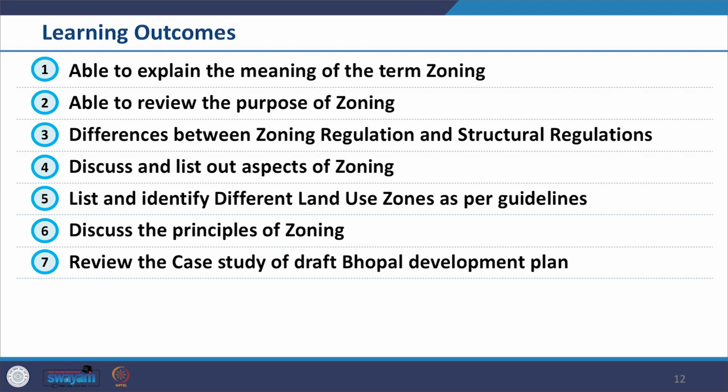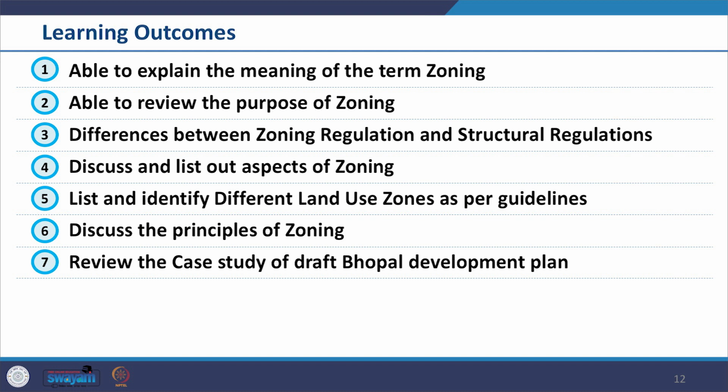The expected learning outcomes are that after completion of this session, you should be able to explain the meaning of the term zoning. You should be able to review the purpose of zoning. You should be able to differentiate between zoning regulations and structural regulations and so on. Further, you should be able to discuss and list various aspects of zoning.